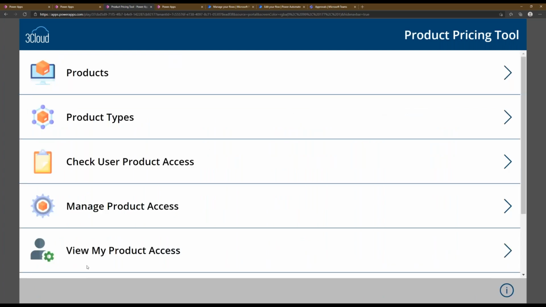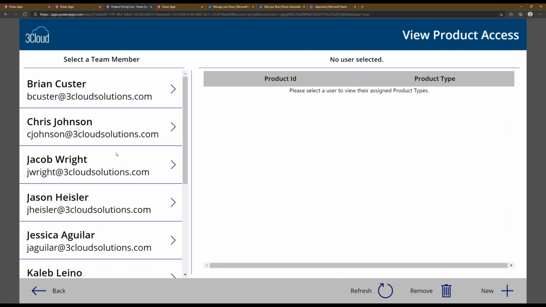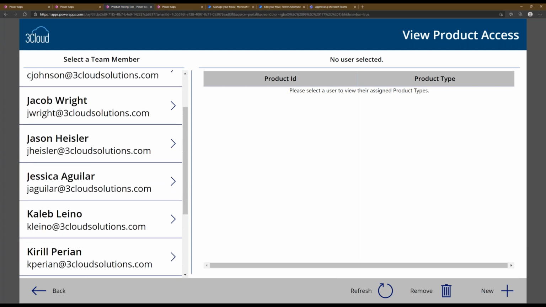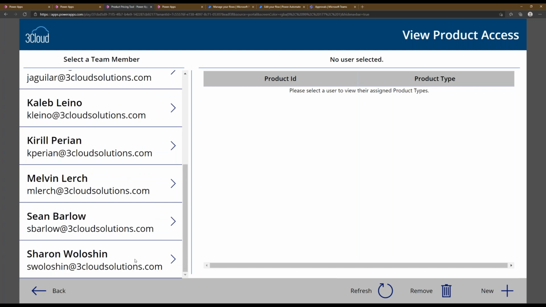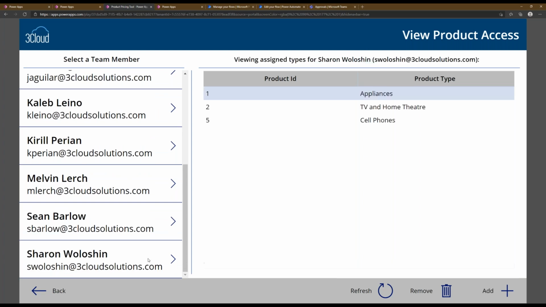So we'll go back to our screen, and then we're going to look at the manual process for managing our row level security. So we'll go into the check user product access screen. Now, I'm really interested in the products that Sharon is able to see, as she'll need to access several product types to help her complete her job as a pricing analyst. So in the gallery to the left, we'll find Sharon, which will show us exactly what types she's assigned to in the data grid once we select her. We'll see that she has access to any products within appliances, TV and home theaters, cell phones,